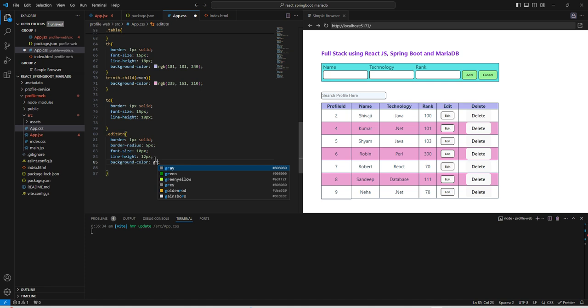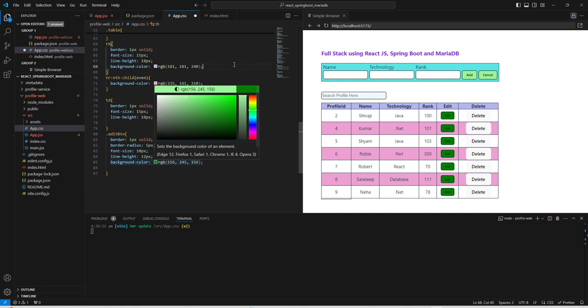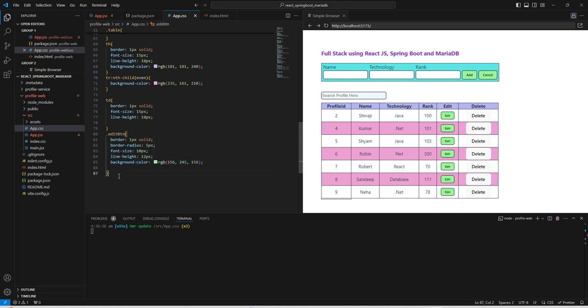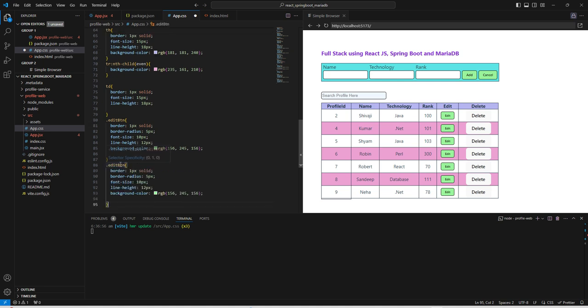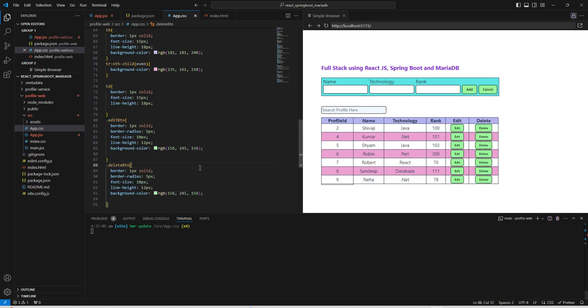For the edit button we are going to add green. We can make it light green, seems good. Similar way we can add it for the delete button, and for the delete button